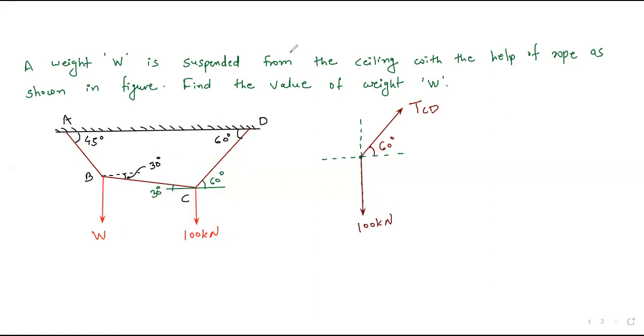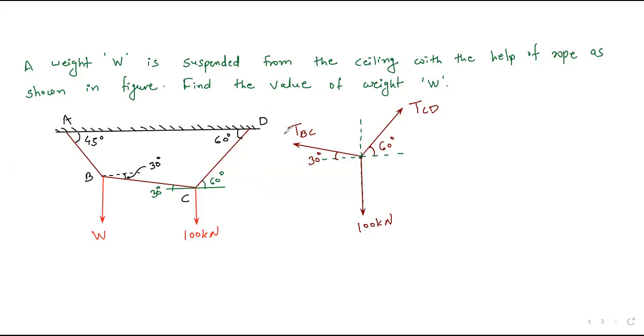And here you can see again this BC string, it is also at point C, and it is inclined at an angle of 30 degree. So BC also carries tension. If I show the free body diagram of BC, tension means the arrow is away from the joint, so in this way the arrow will be there. You can call this tension in string BC, and this angle is 30 degree.